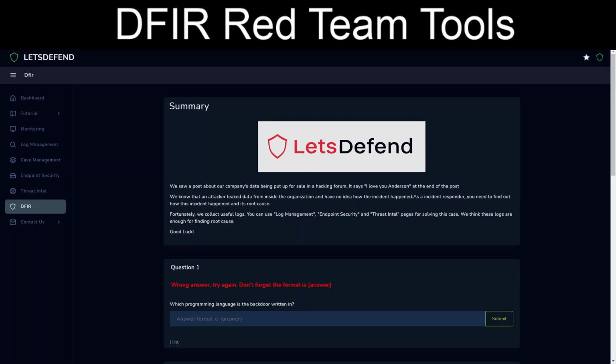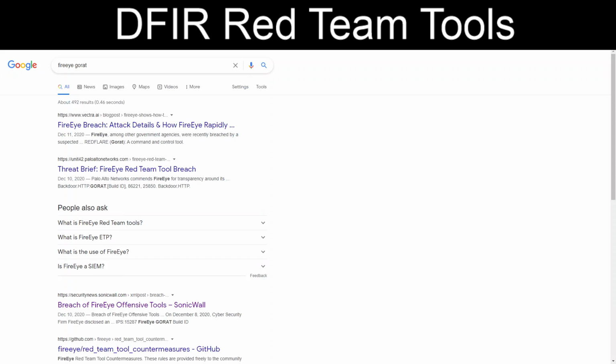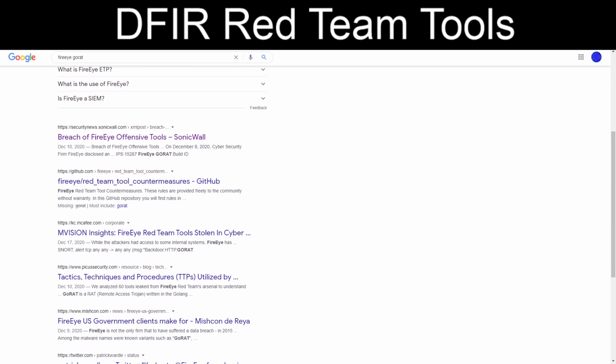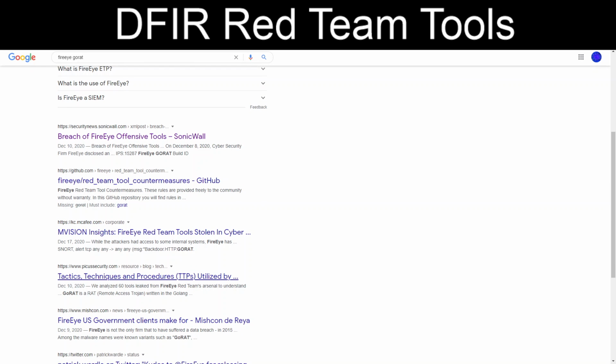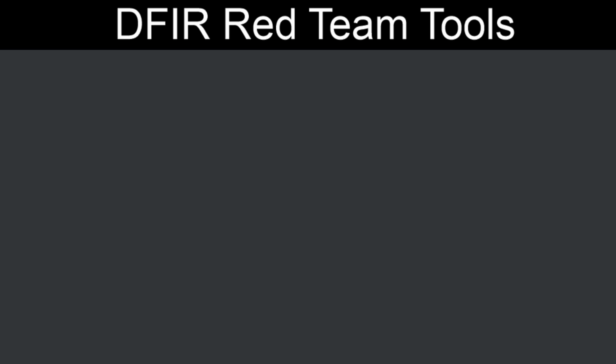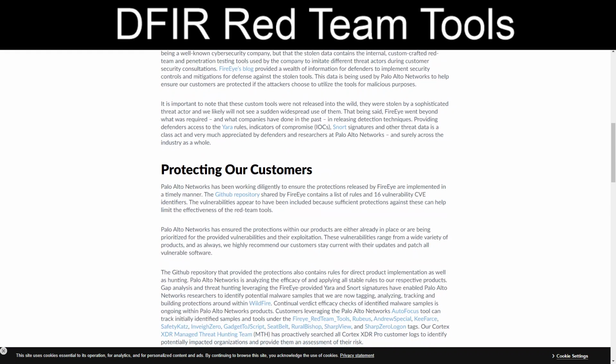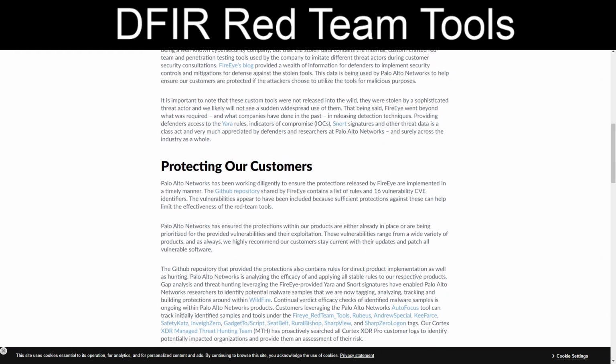What programming language is the backdoor written in? Countermeasures. I don't suppose that Unit 42, okay, they talk about the breach, but the question is, do they jump